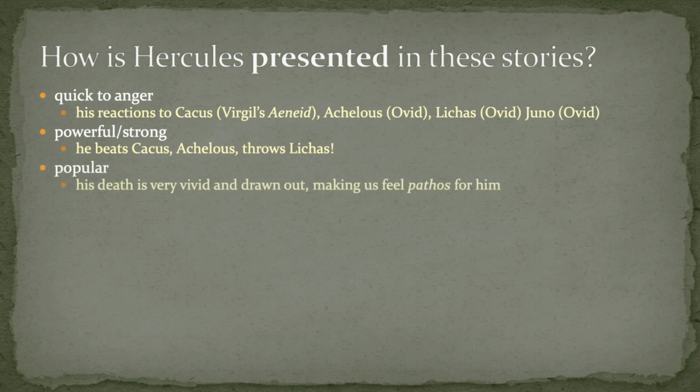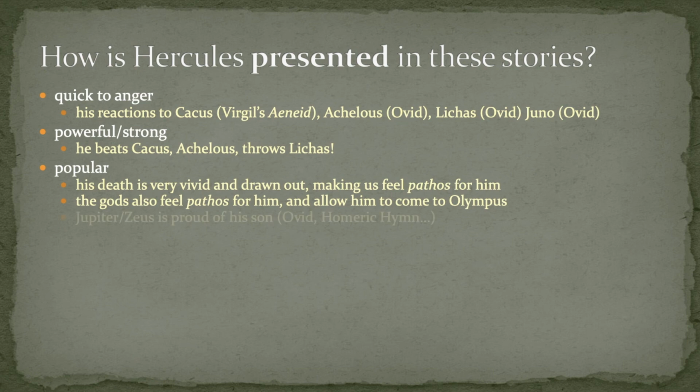He's also very pitiable. His death is very vivid and drawn out, which makes us feel a lot of pathos for him. We feel really sorry for him because it's such an awful way to die. And then when he makes his speech saying, why am I dying like this? We still feel pathos for him. And the fact that the gods even feel pathos for him. Jupiter is his father, but he manages to convince the rest of the gods, including Juno, to allow him to come to Olympus. And Jupiter is proud of his son,